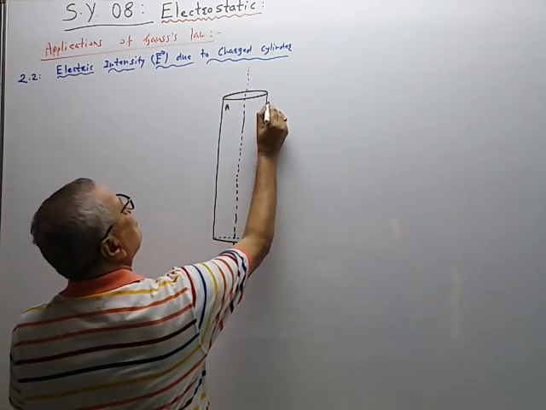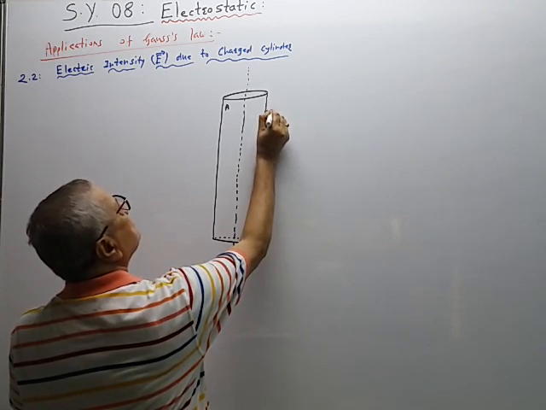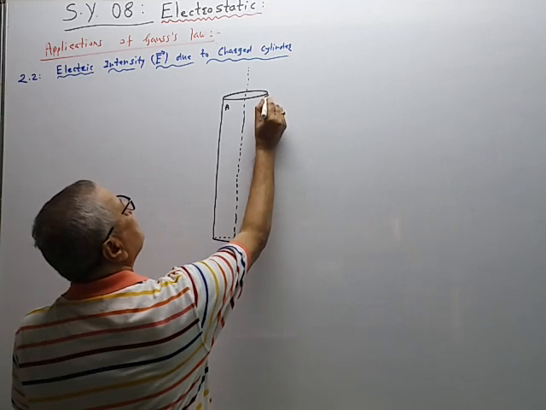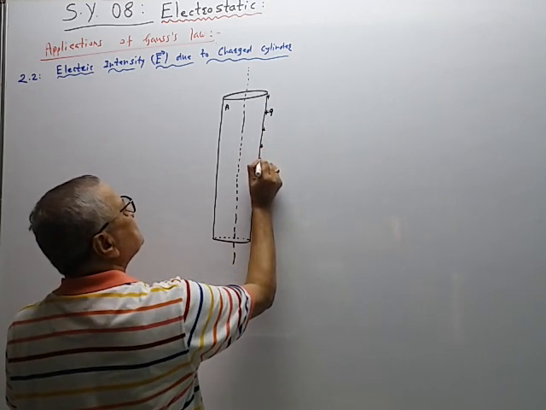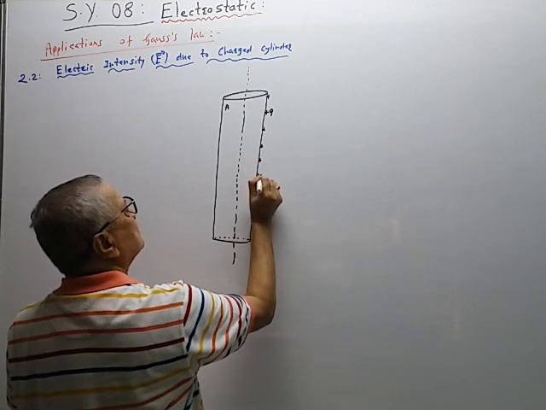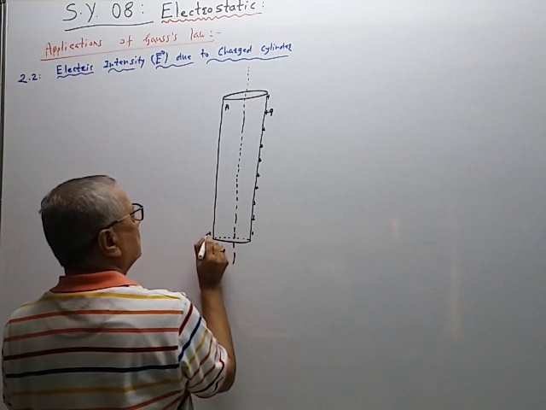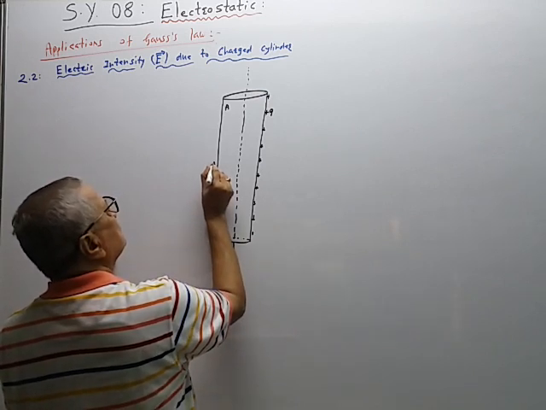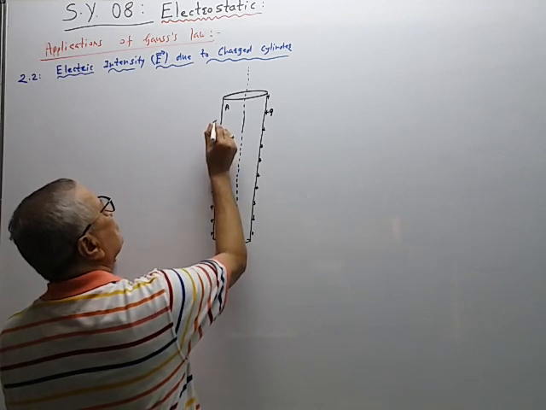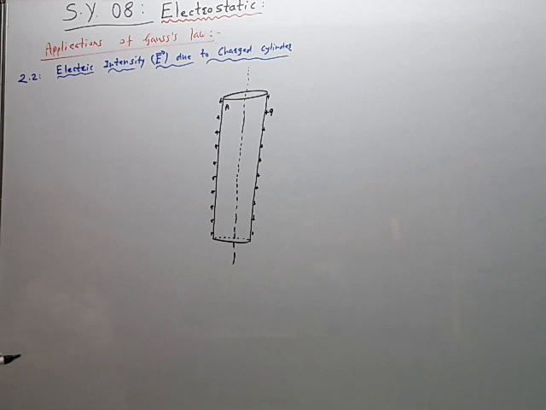So say total charge plus Q is given. So it is distributed uniformly. In the figure, on the line in your paper, it is enough to show one charge after another. So charges are distributed uniformly like this. So there is a uniform distribution of charge. For a linear body, the distribution is expressed like this.